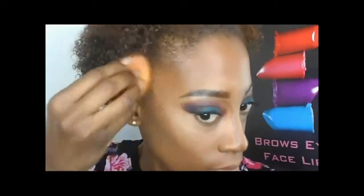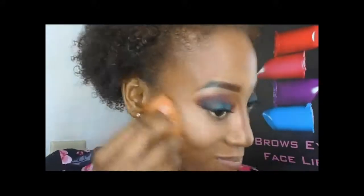But this is a new shade. I do like it. It's not too dark. It's just brown enough to give me that contour. Now with my nose,